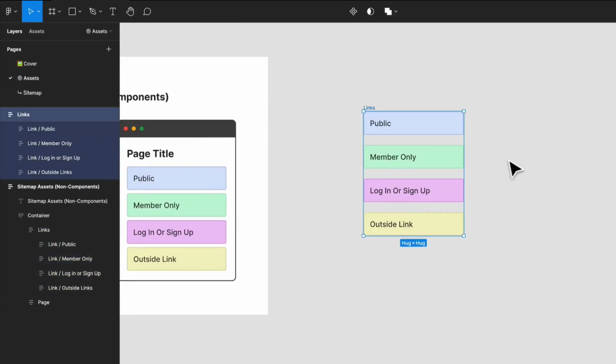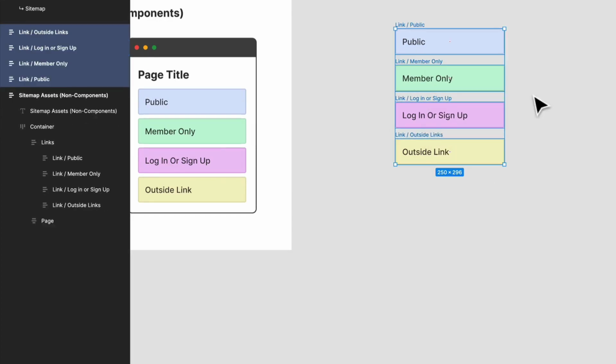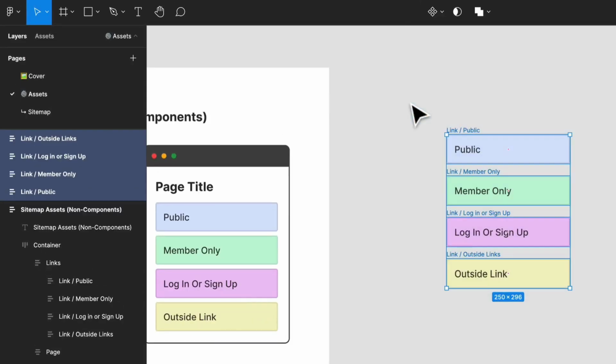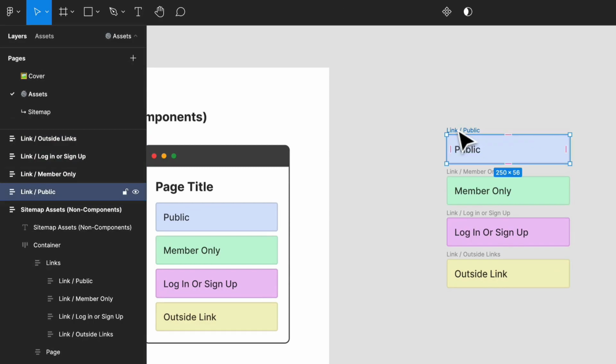What I'm going to do now is deselect the group and ungroup them. For me, it's Shift Command G. You can even go into our right click. It's going to be Shift Control G for Windows users. So now that we have all of our components that we want to build, we can do a couple different things. Now we can either just create a component like this,